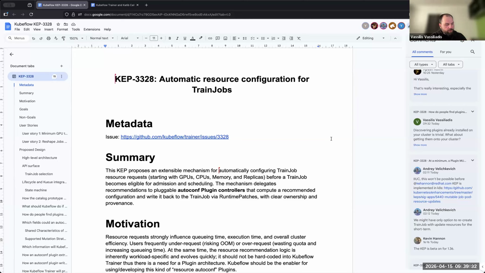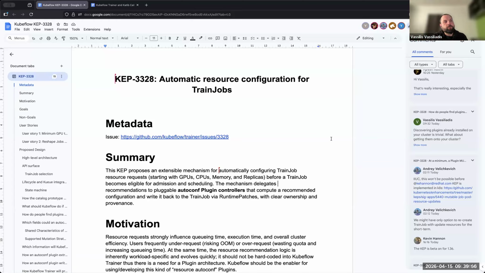And then Kubeflow is the thing that translates the recommendation of a plugin to actionable changes on the TrainJob object. So for example, if you deployed Kubeflow in an environment which is managed by Kueue, Kubeflow will ensure that the recommendation of the plugin is correctly applied.